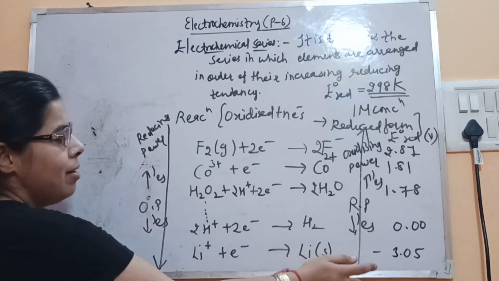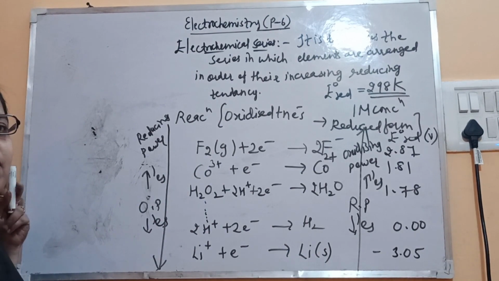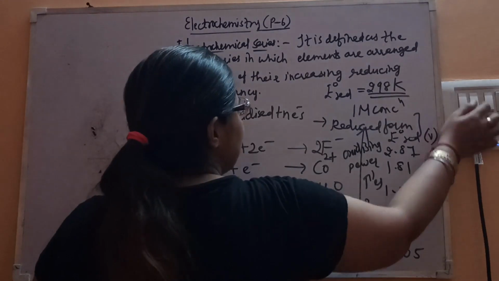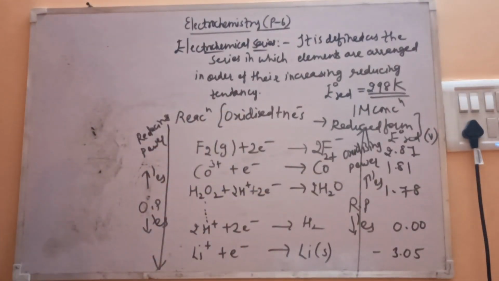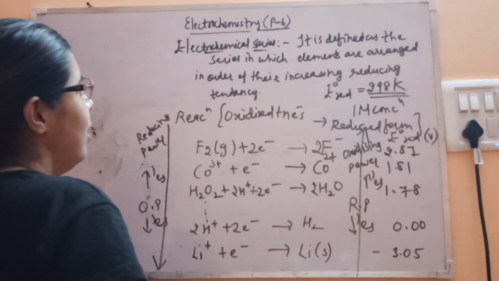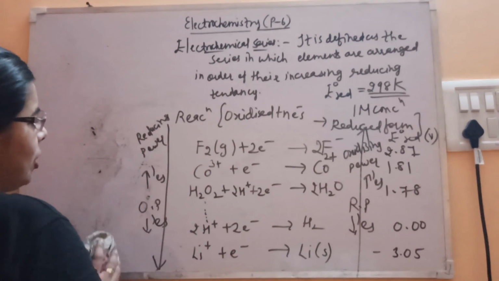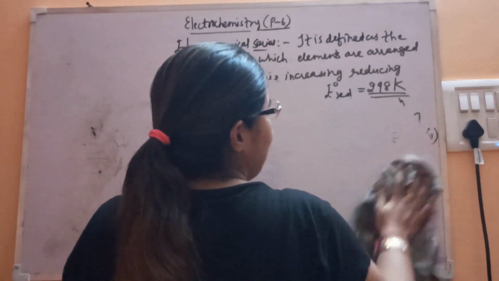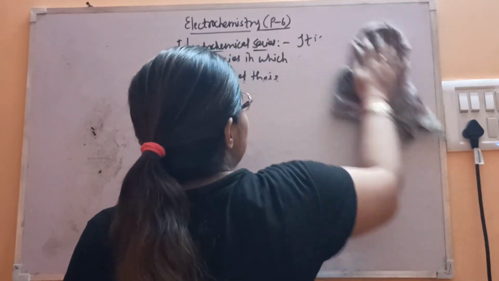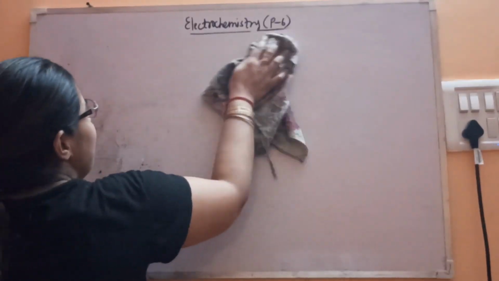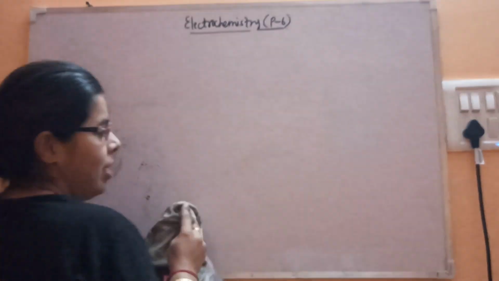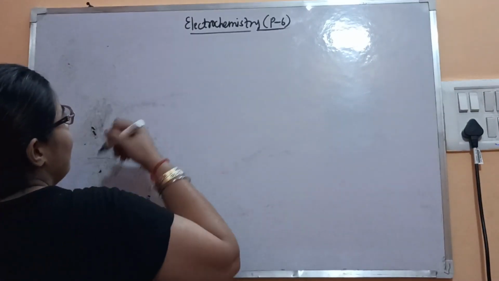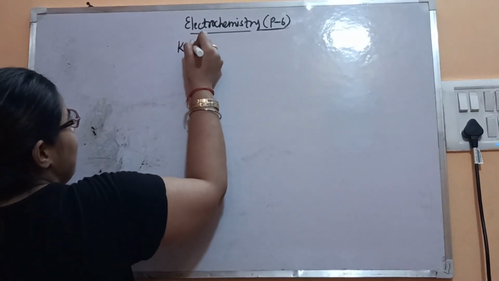Okay. So here negative indicates that it's the strongest reducing agent. Fine. So now let's talk about the series more. What are the values and what do they indicate, and then we'll understand its applications. So let's have a look at this. It is very, very important to understand the series. Once you understand the series, then you'll be able to solve the reasoning part as well as the numericals also. Okay, so I'm writing here key points.